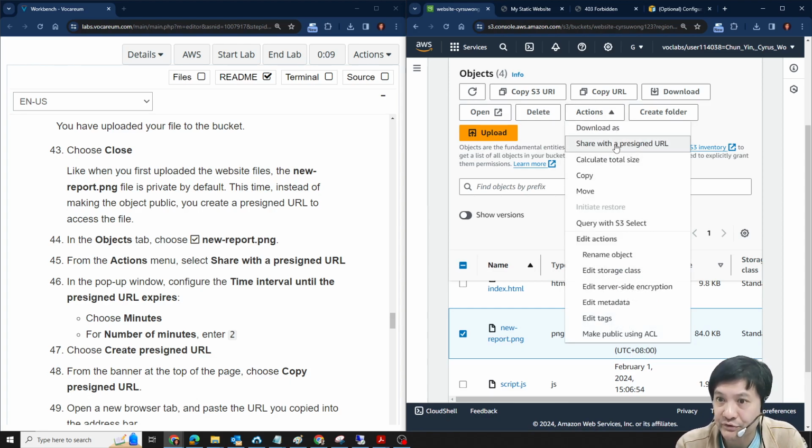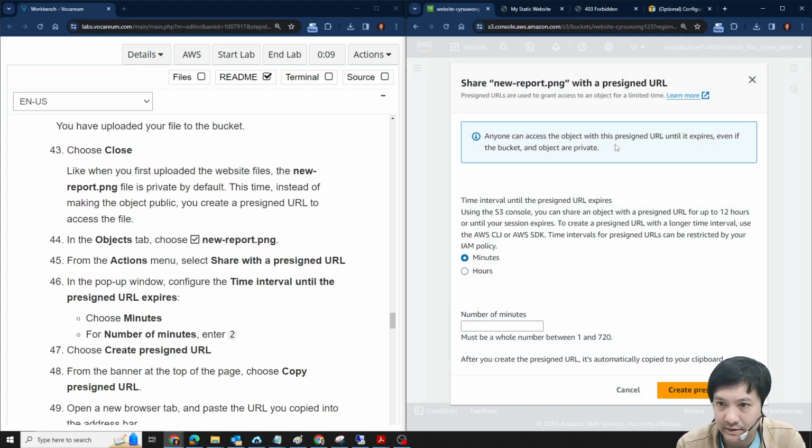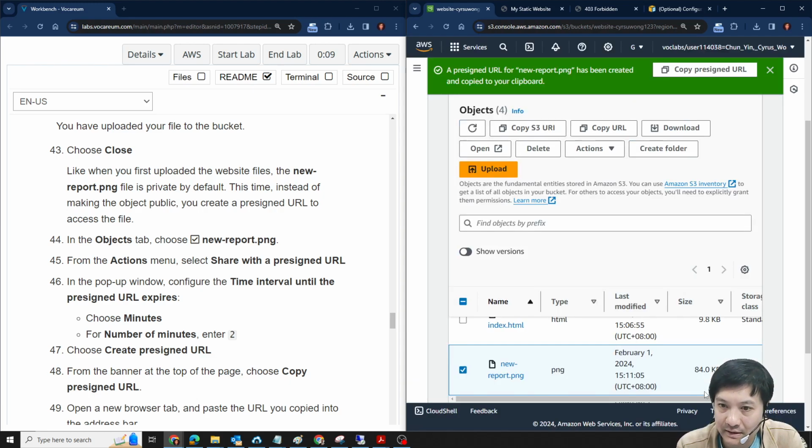And take action. You share with a presigned URL. 咁啊，整一個 presigned URL. And okay, just click on it. And then you can have some setting for you guys. For example, just time limit. Okay. We can set up 2 minutes. 俾2分鐘時間佢啦。And then create a presigned URL. It will expire after 2 minutes. 咁啊2分鐘之後呢條 link 就 download 唔到。